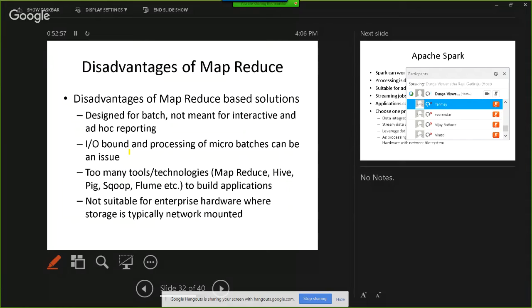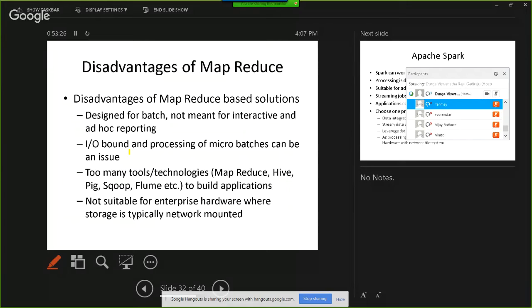When it comes to weblogs, you will get few megabytes to few gigabytes of data. Using these MapReduce based solutions to process those small batches in very short period of time is not possible. With only one or two projects, it might work fine, but as more and more projects are rolled into that cluster, it will not scale. It is very poor in dealing with the micro batches processing.